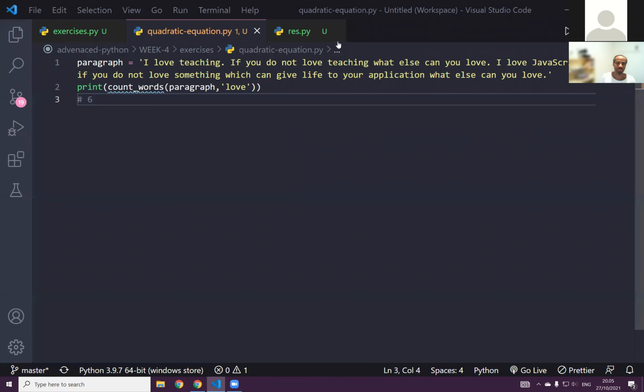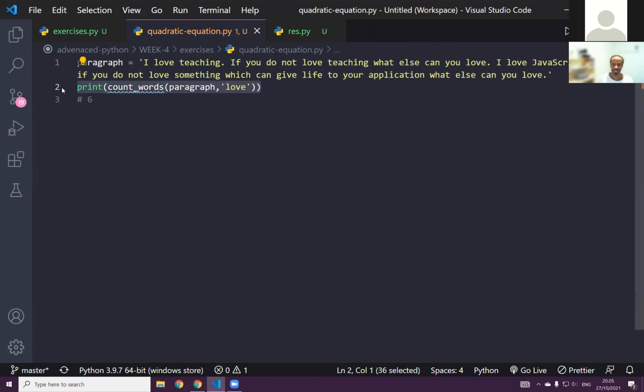Okay, let's do this exercise. This exercise is actually to count words, the number of a word in a text. So for instance, love, let's count it. 1 here, 2, 3, and then 4,